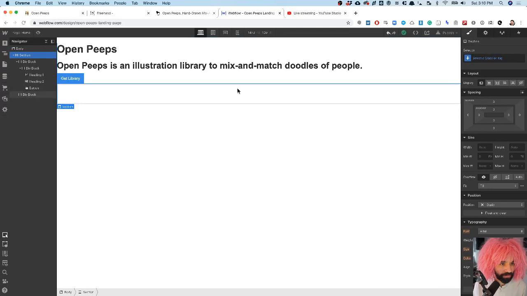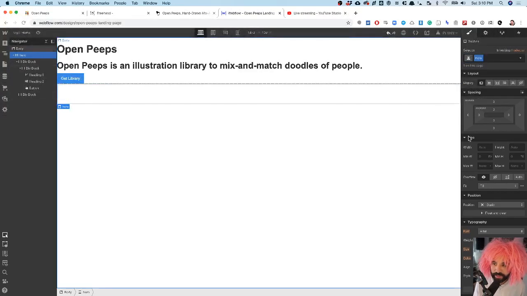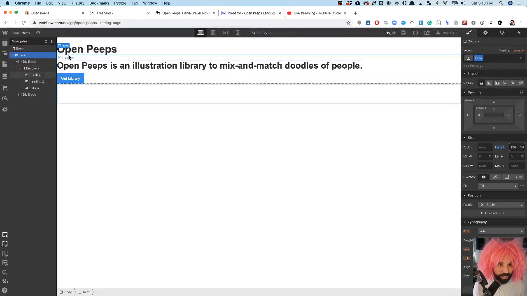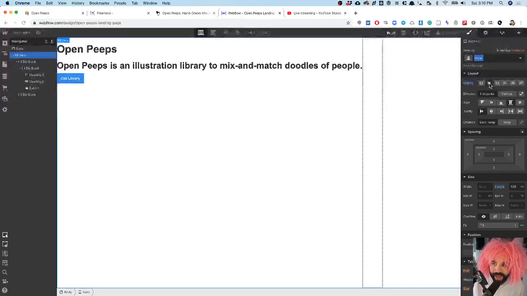So first of all, the section has to be, let's call it hero. And this section's height is going to be 100 vertical viewport height. There you go. So now it is the size of the viewport, but it looks like nothing changed. That's because the elements are still aligned to the top. So what I want to do is change this display to flexbox, and now it's a little flexbox that allows me to